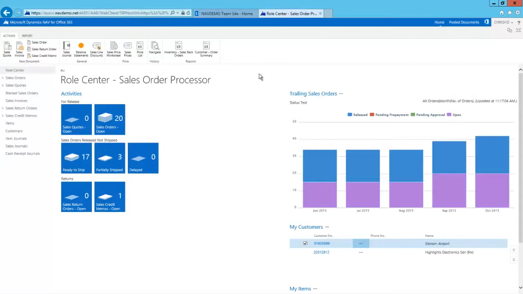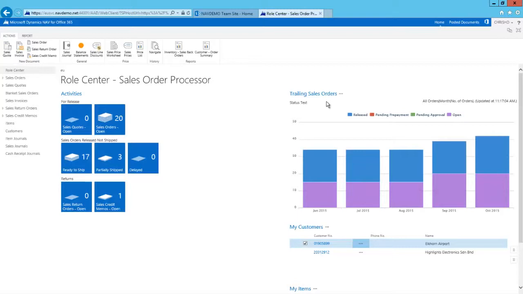Here I have the Dynamics NAV web client and it gives me all the functionality that I'm used to. It also shows the trailing sales orders chart, which is a key performance indicator for my company. I would like this chart to be shown inside SharePoint, so employees, even those employees that don't use Dynamics NAV all day long, can easily follow the state of the company.